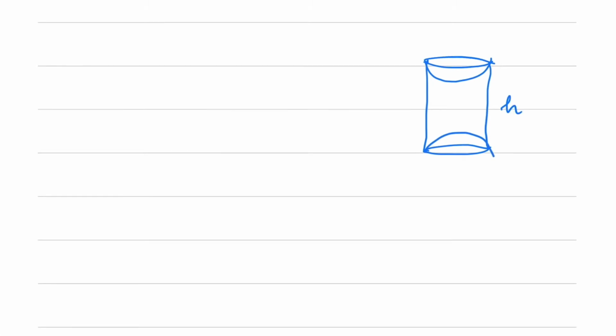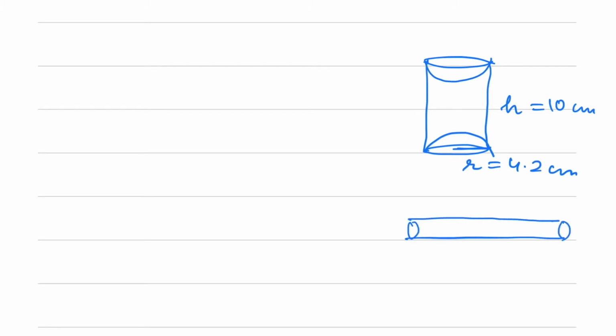So this was scooped out, and the height is equal to 10 centimeter, and its base radius is equal to 4.2 centimeter, and the rest of the cylinder is melted and converted into a cylindrical wire. So this is the cylindrical wire of thickness 1.4 centimeter. So here the diameter is equal to 1.4 centimeter, so the radius will be 0.7 centimeter, and we have to find the